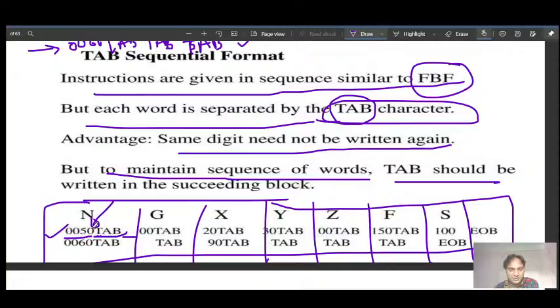I said that after each digit we need to separate it by a tab. That correction I will make here: after each digit we don't need to separate, we have to put the tab along with the digit. So this value and then tab, and then here we have to use a space.